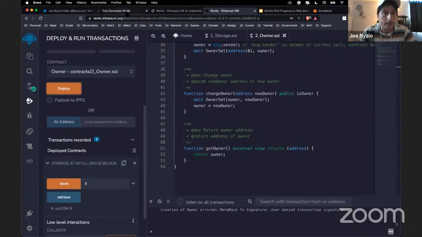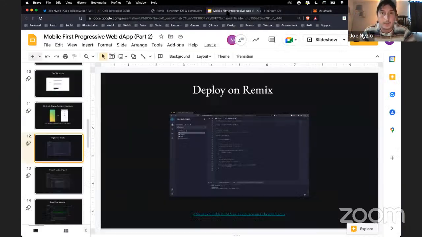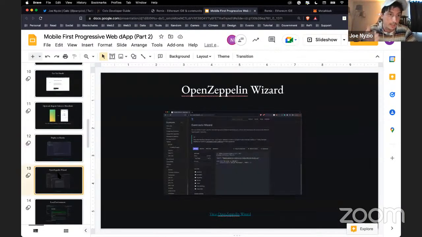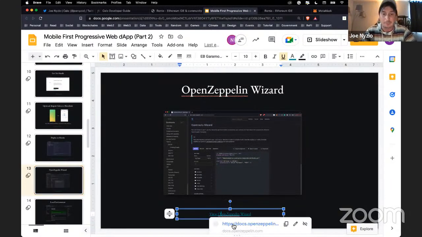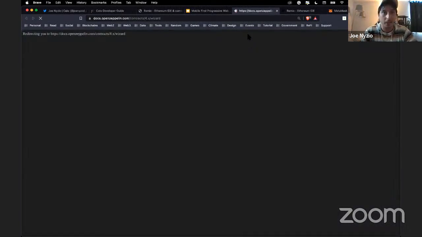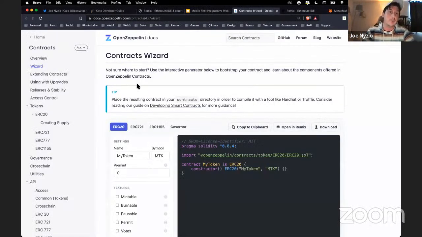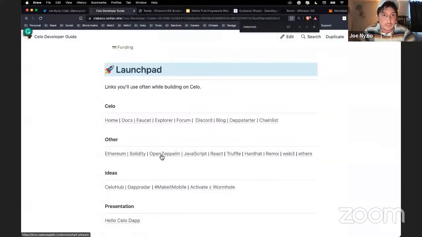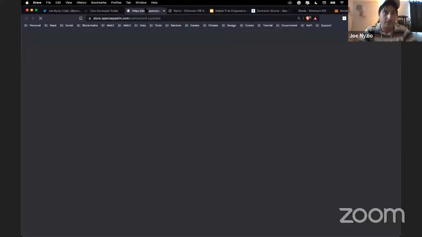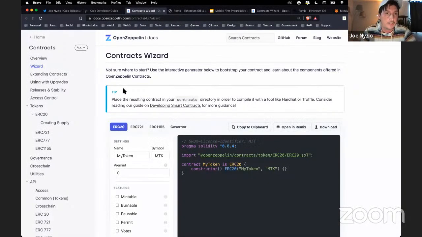So after that, one thing you might want to do is get even a little more complicated smart contract. At some point, you're like, hey, okay, I know the basics. These are some template smart contracts, but I'm not quite sure what's going on, but I want to make something a little more complex for myself. What I like to use is this thing called the Contracts Wizard. And just to give you a sense of how to get there, again, it's from this developer guide.